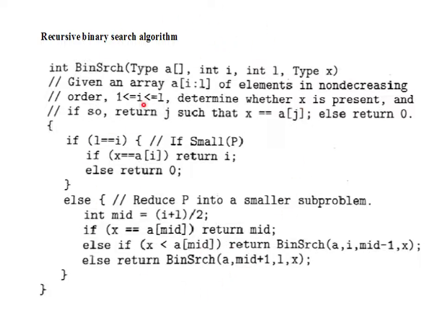And each time the function is called, an activation record is created, and the activation record is stored in the stack area, which is why we call it a stack frame. When the function is called, each time a stack frame is created, and it contains the formal parameter values and the local parameters along with the return address and the previous frame pointers, which will be studied in recursion, right?